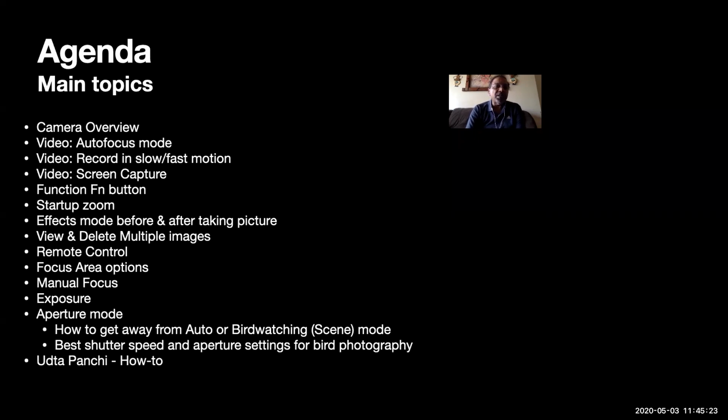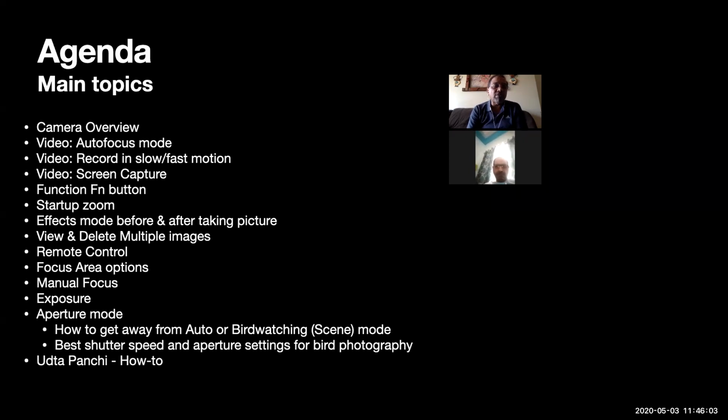So some cool features about effects. We will also look at how to manage your photographs in your camera, how to view multiple photographs at a time, how to delete, etc. How to quickly navigate to a particular photograph in your card. How to use a mobile phone as a remote control, we'll look at that also. And specifically, we'll look at focus area options. Autofocus area options are there, so we'll look at that. Many people have asked me how to manually focus, so we will look at manual focus as well, and see what the exposure control is. It's the same for every camera, but in our camera, where to use it, etc.